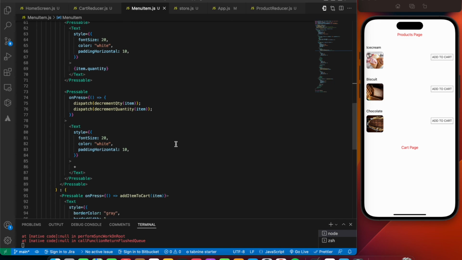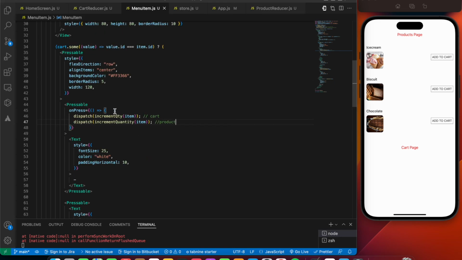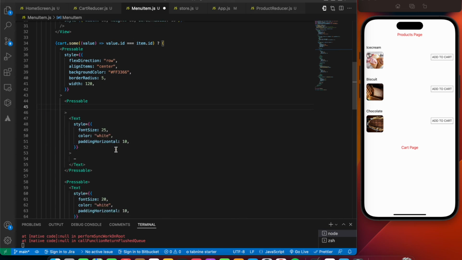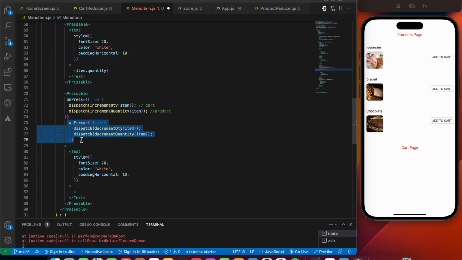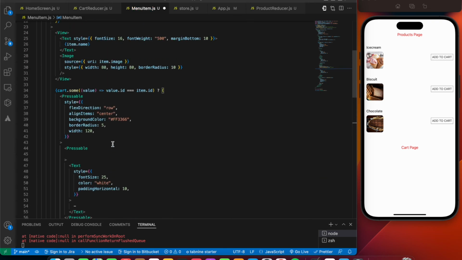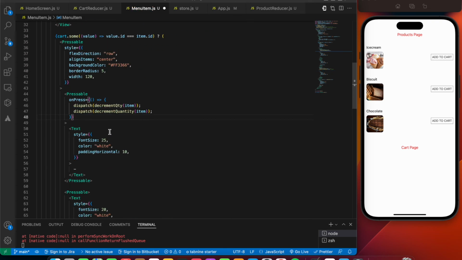Oh, okay, my bad. So for the plus thing we have given the wrong one, and for the minus thing we have given the opposite thing, right? So this should come over here. So pressable should come. So this one should be over here and this one should be over here. Okay, my bad. So this one is for minus and that one is for plus.